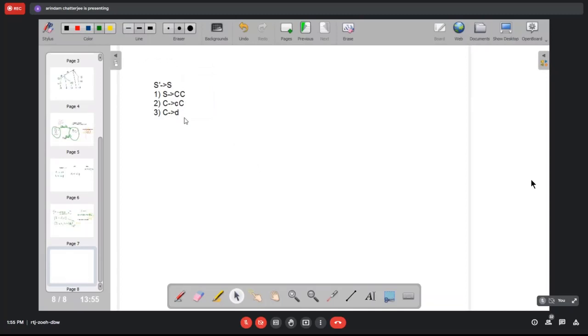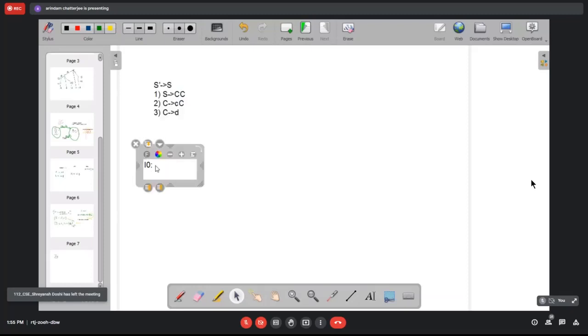Okay, we have around 15 minutes left. So let us try as much as we can do today. The remaining items I'll be copying from the book in tomorrow's class, and then we'll be discussing how to construct the LR1 parsing table. Okay, and we'll see how things go. So what I want to do is create I0. So what is I0? I0, as you can readily understand, these are basically these items.